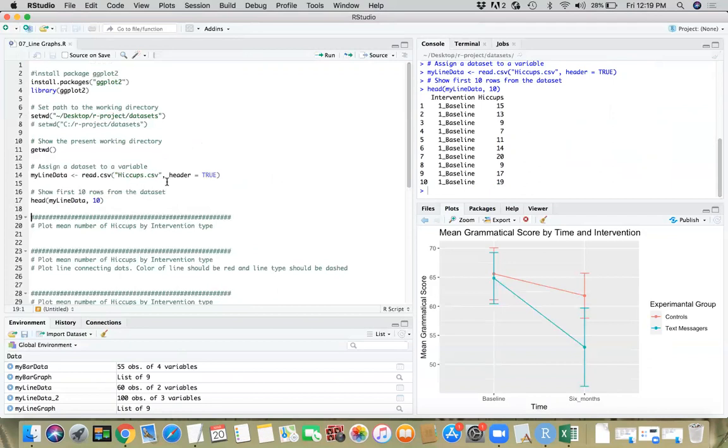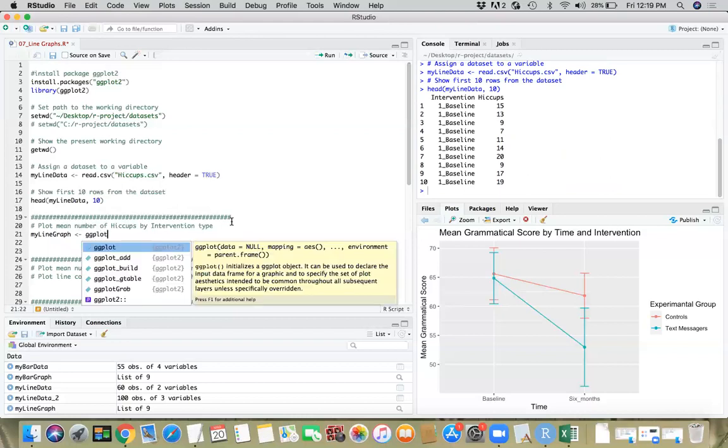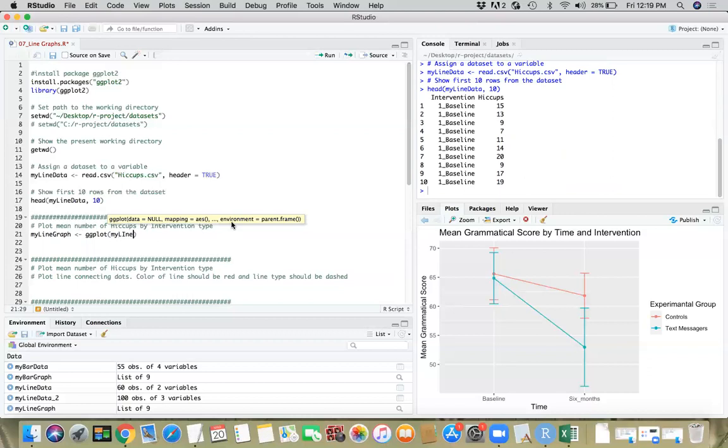Let's go ahead and do the basic plot here. This is very similar to the bar chart for means that we did earlier, but let's go ahead and do that. So my line graph, just say my line graph, and then first we will define the object for my ggplot. So I will pass reference to my line data and define aesthetics in terms of x and y variables. So on the x axis I want to show intervention,